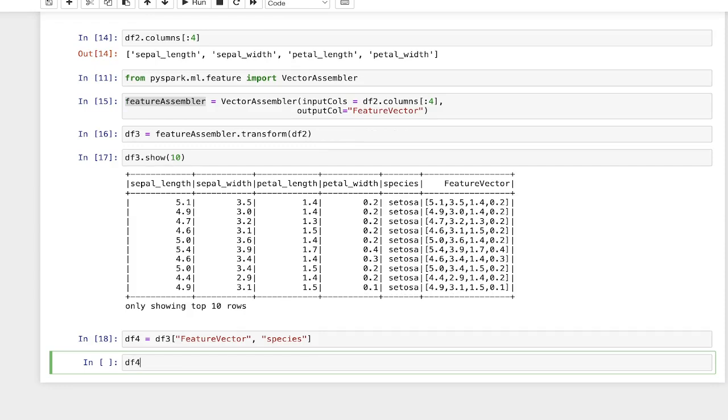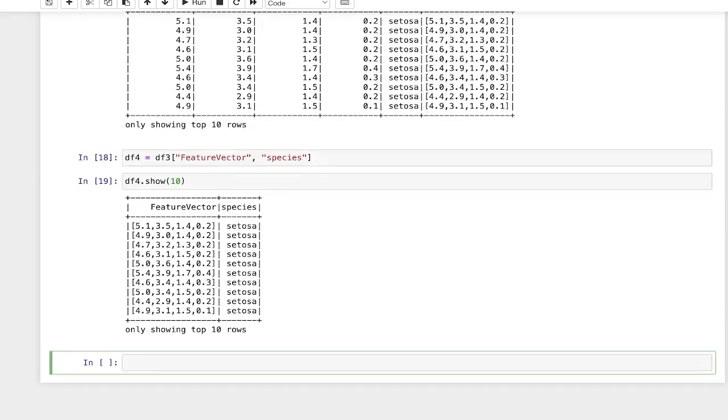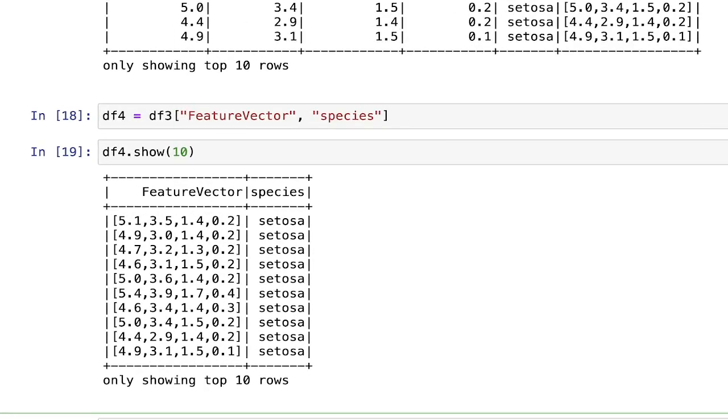Now let me just display this df4 to you. So as you can see, now this data frame just consists of feature vector and species, nothing else. So this is right now in the most compatible format, which can be further passed to the PySpark model.